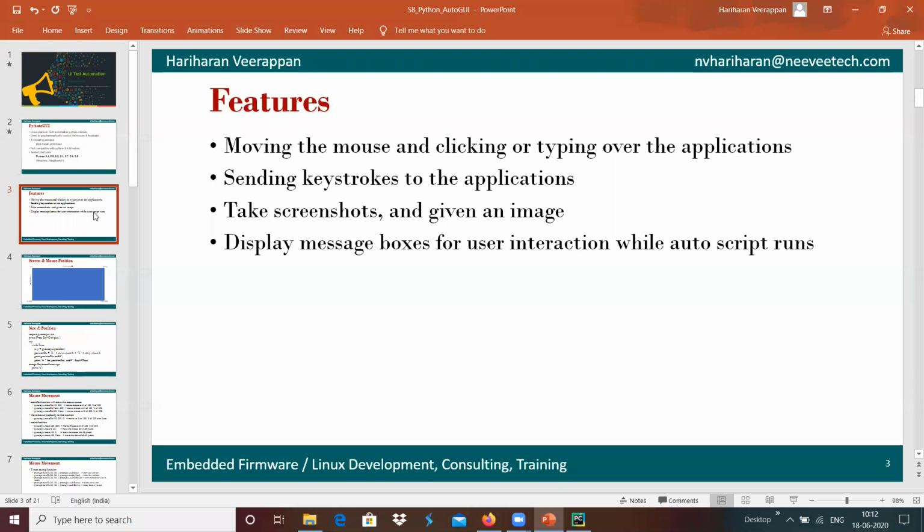For example, if we want to run a test case that is password protected, only when the user provides the password will the test suite run. We can do that with the help of message boxes.